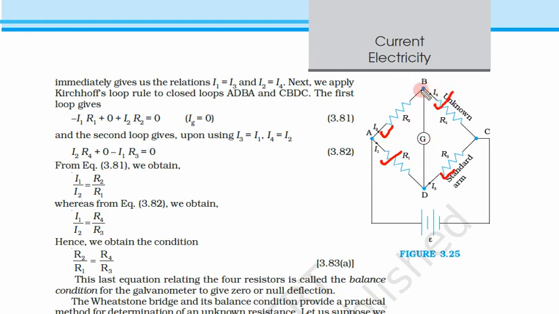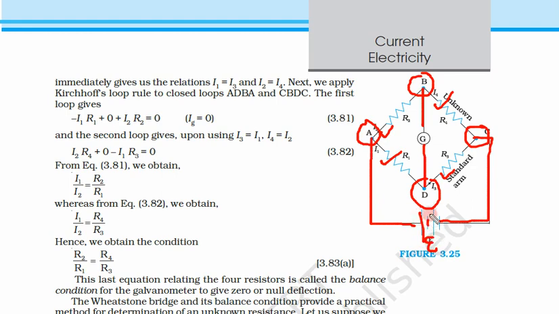Now a galvanometer is connected between two diagonally opposite ends. Let us name these A, B, C and D. So this is our square of resistances. The galvanometer is connected between the two diagonally opposite points B and D. Further, between A and C a power source is connected. This is epsilon, a battery. So what is the construction of the bridge?